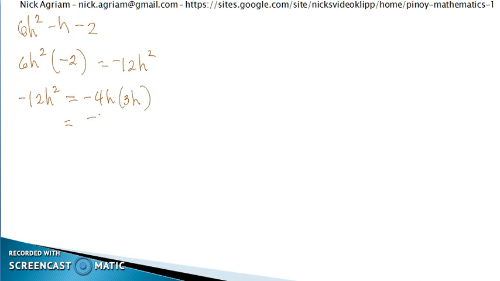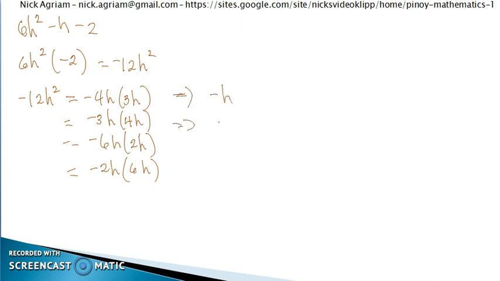And we have negative 3h and 4h. We have also negative 6h and 2h, and we have negative 2h and 6h. If we take the sum of that, we have negative h, h, negative 4h,